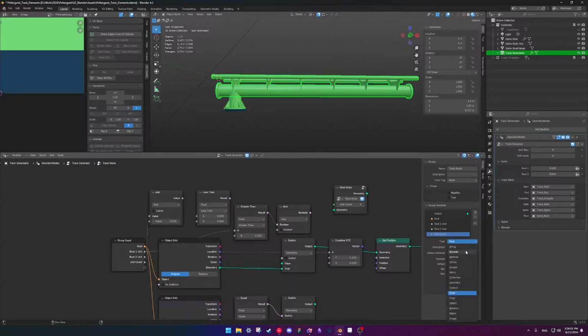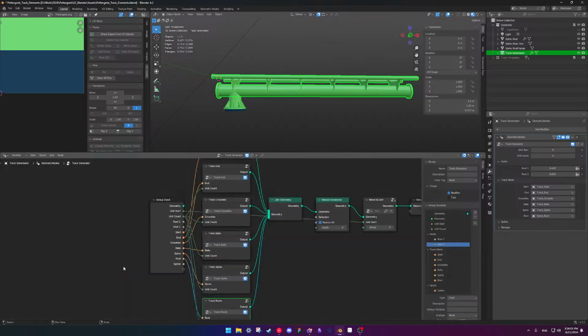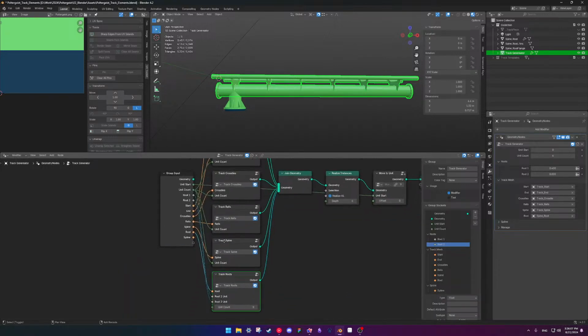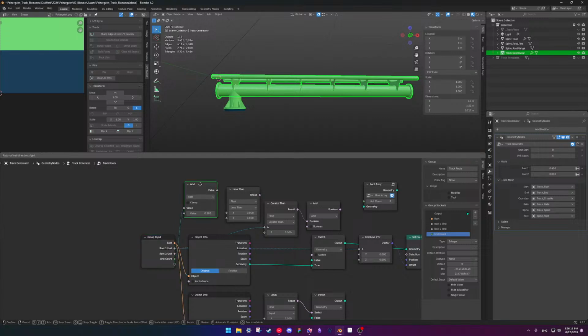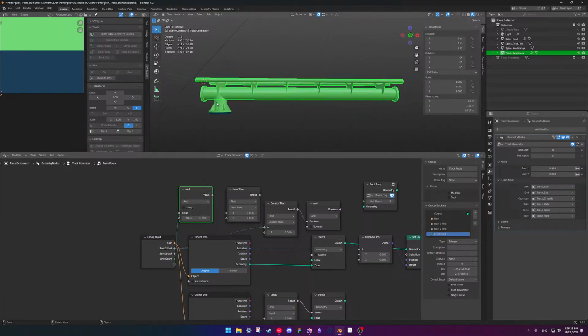Okay, make that an integer. Then we'll go back. So unit count. So if the unit count is 7, so 1, I guess this is 0. 1, 2, 3, 4, 5. -1.